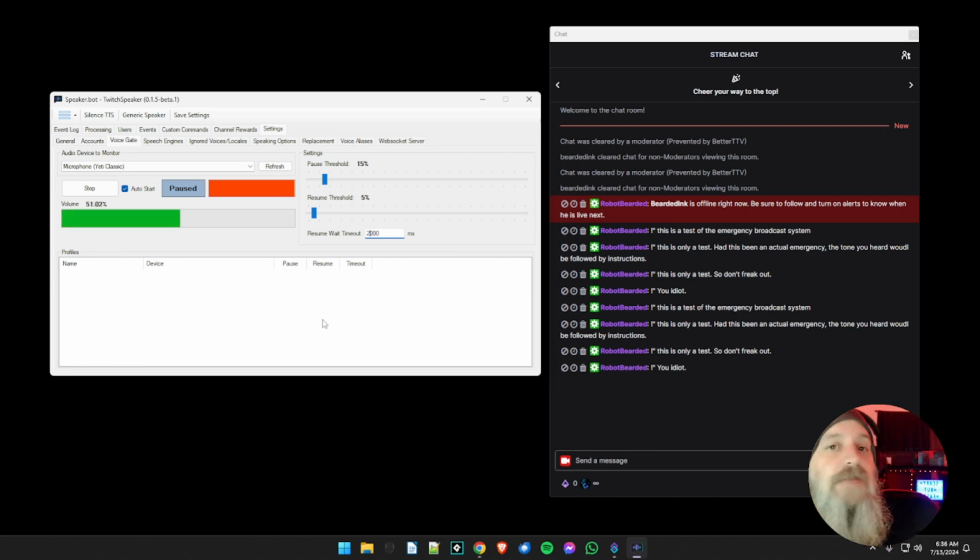Okay, so that is basically the voice gate. And again, you can play around with the settings. You can play around with the pause and the resume threshold and the resume wait timeout. And I do recommend that you have a wait timeout of at least 1,000 milliseconds. 2 seems to be pretty good, especially if you're doing a just chatting or whatever scene where you're talking a lot, kind of like I'm doing for this tutorial,